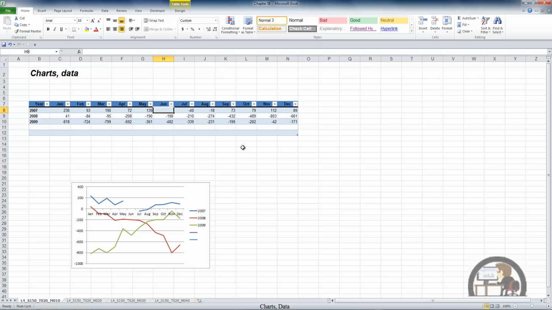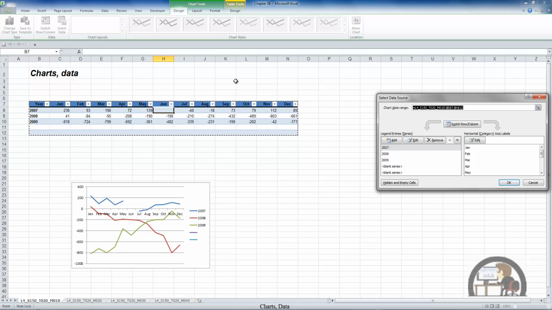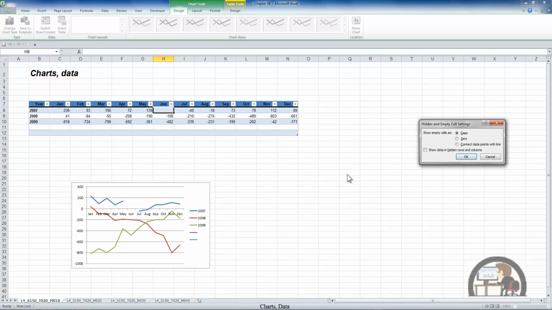The place where we can gain some control over determining what happens with missing data is in the Design tab in Chart Tools, the Select Data dialog box at the lower left-hand corner, Hidden and Empty Cells. The default is to show a gap in the line when we have missing data. We can alternatively assign 0 to that missing data point, left-clicking OK,